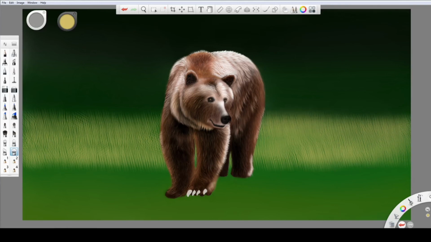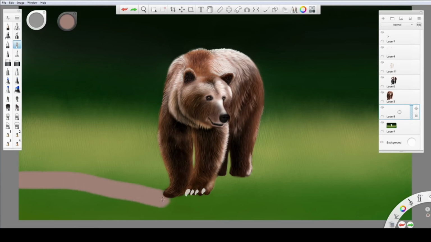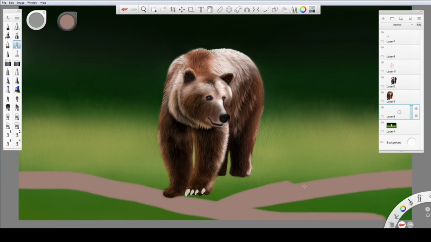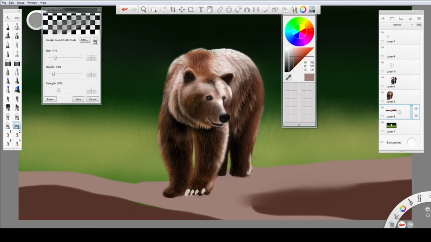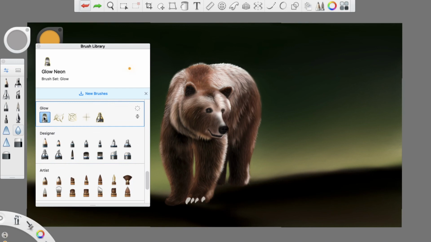Smudging the grass using a smudge brush and showing the ground using brown color and dark brown color. I am going to use glow colors here.